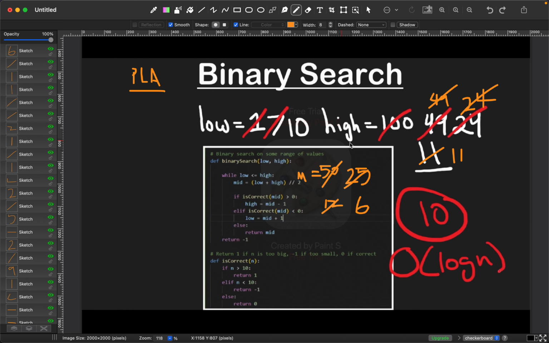So it asks left or right, and it becomes right. So now we shift the low instead. Instead of the 1, we shift it to above the mid, which is then 7. And then our mid value then becomes